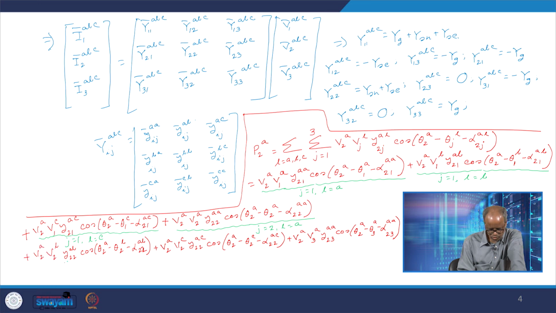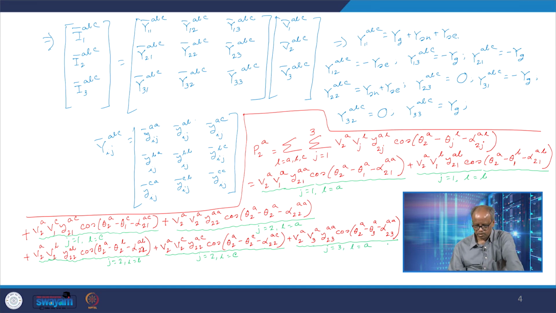So we note that this is for j is equal to 2, l is equal to b, and this is j is equal to 2, l is equal to c, right, and this is j is equal to 3, l is equal to a, right. So last two terms are remaining,